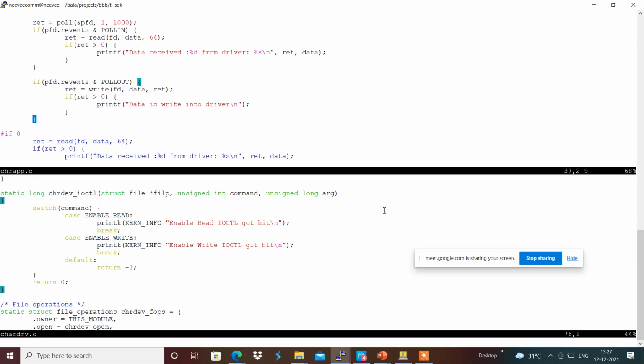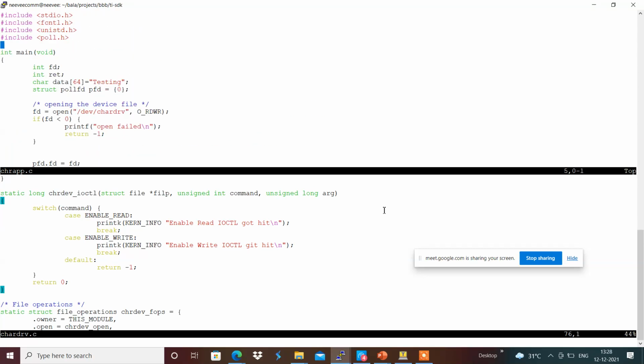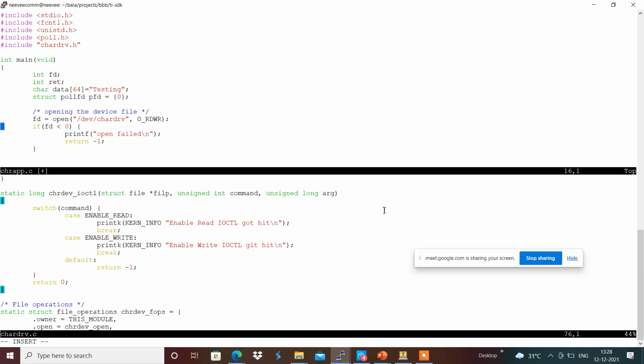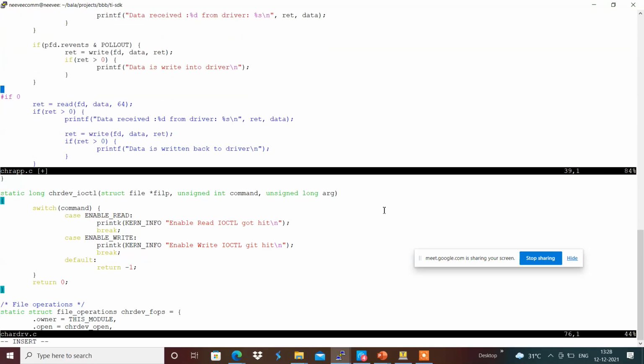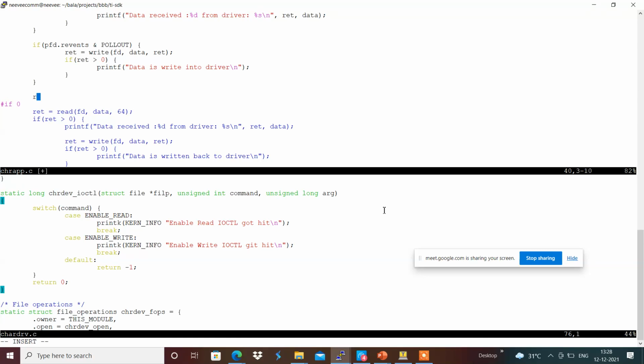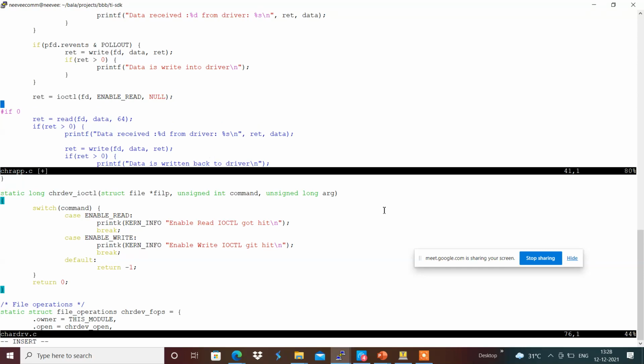Inside that I am going to give return equals ioctl(fd, ENABLE_READ, NULL), for now giving the argument as NULL, and if return is less than 0, then I am going to print printf ioctl is failed.